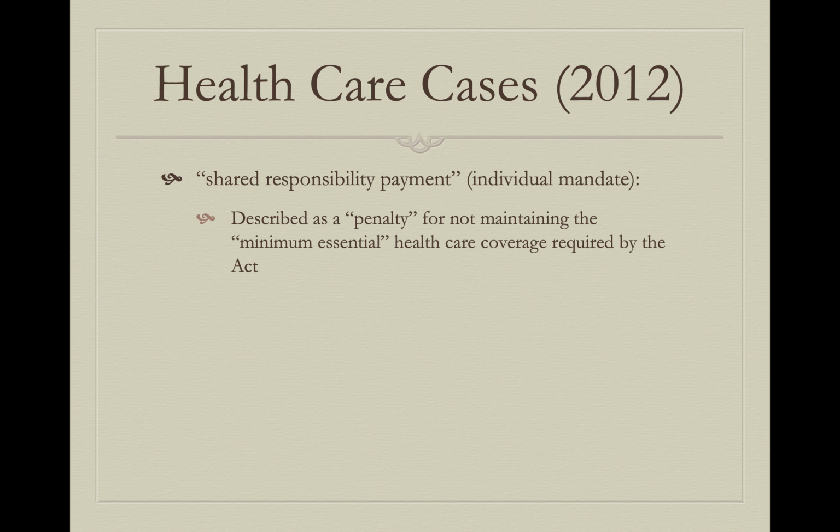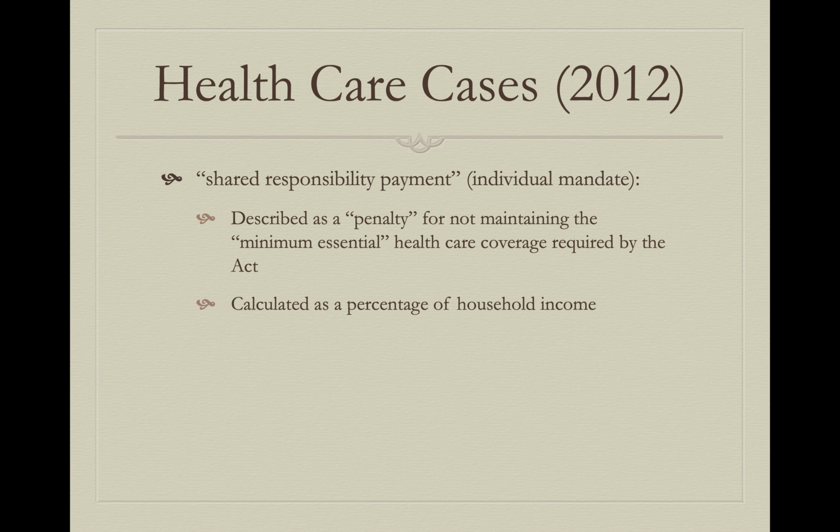But the court said that it wasn't going to take Congress at its word, that penalty was more of a political term that was used. And if you look at how the act actually functions, it functions more like a tax. Why is that so? And this is when the Chief Justice brought in those distinctions from Bailey versus Drexel Furniture,